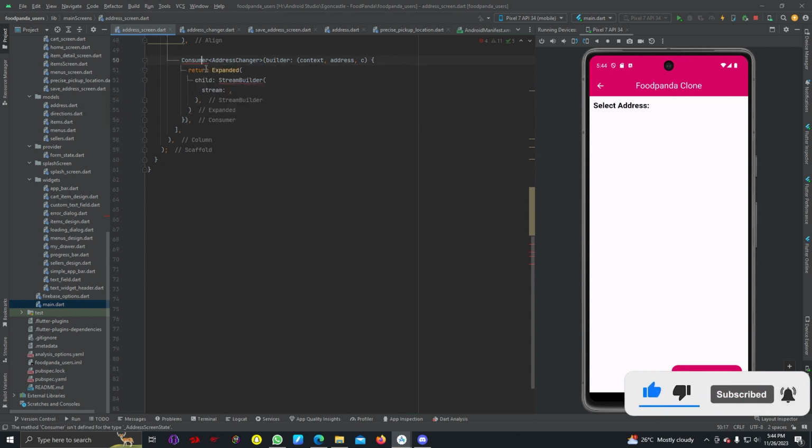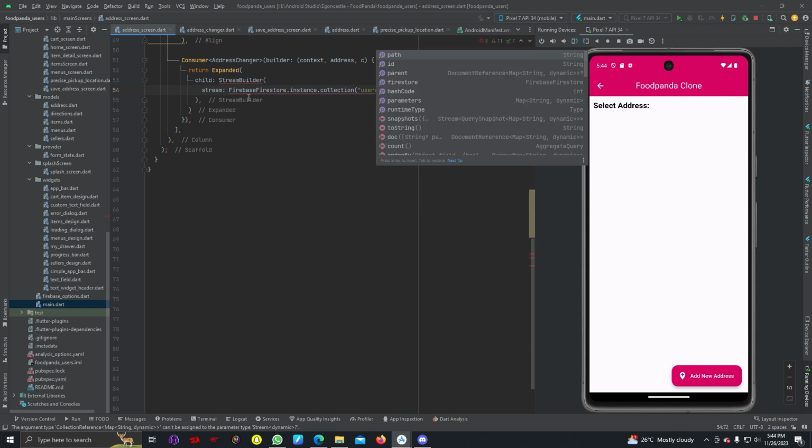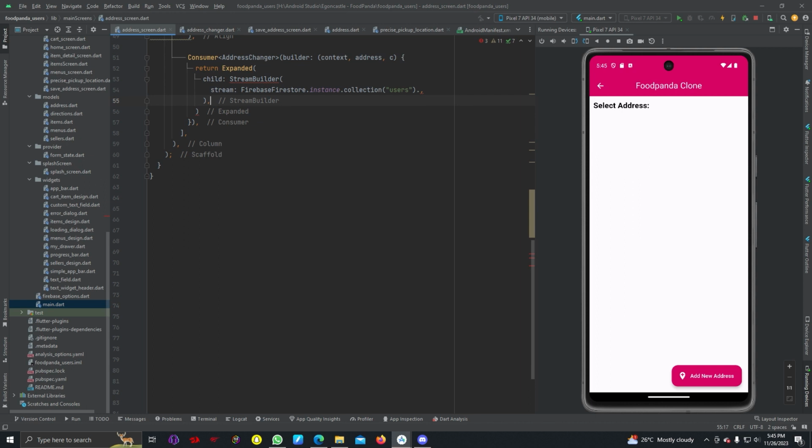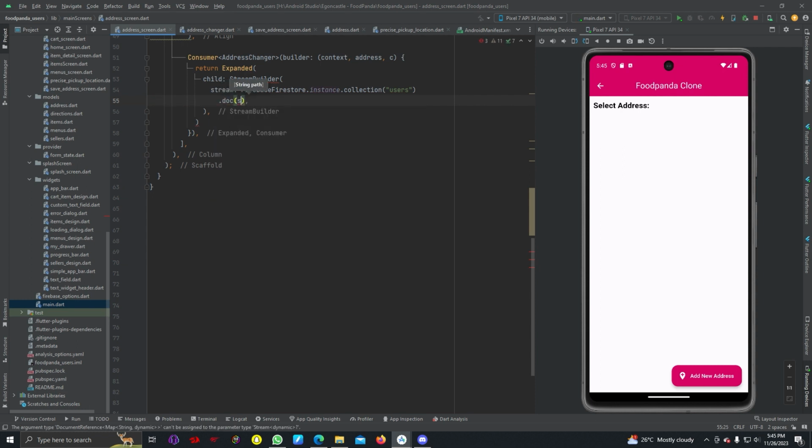So for Consumer, let's import provider. So we are going to pass stream FirebaseFirestore dot instance dot collection users dot doc, SharedPreferences dot getString uid, dot collection userAddress dot snapshots